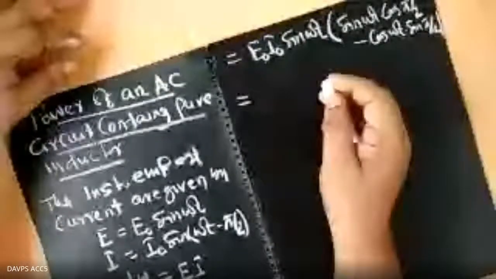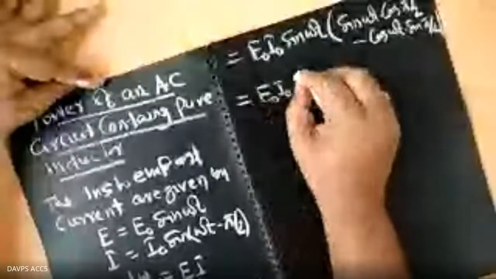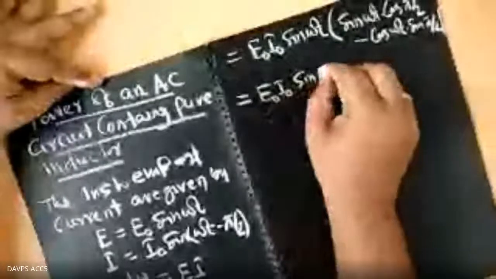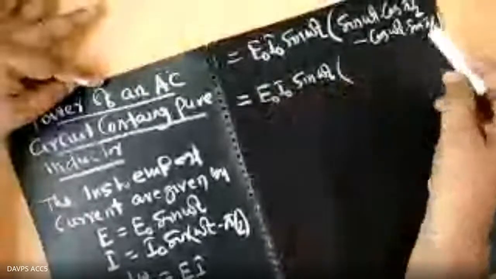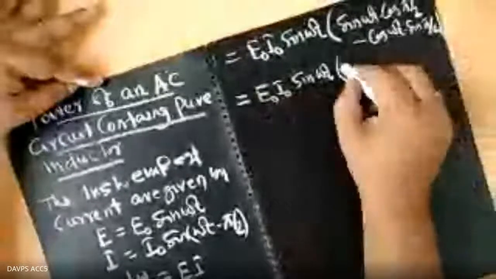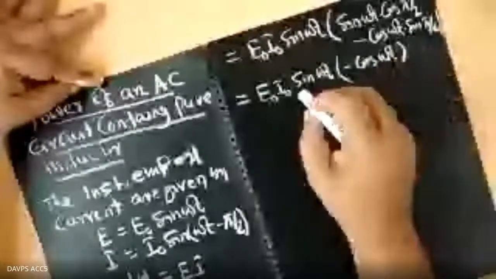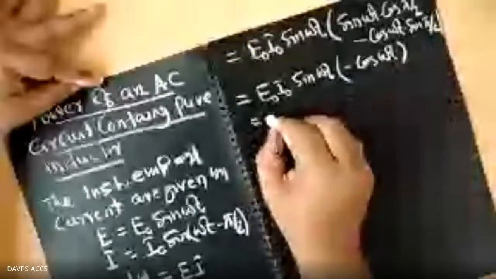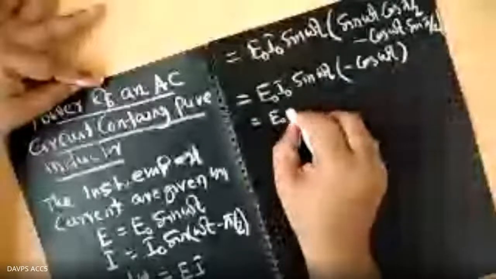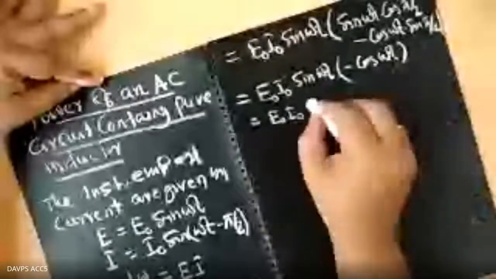So this is equal to E naught I naught sine omega t. Step by step, because cos pi by 2 equal to 0, and minus cos omega t, you are finding E naught I naught sine omega t